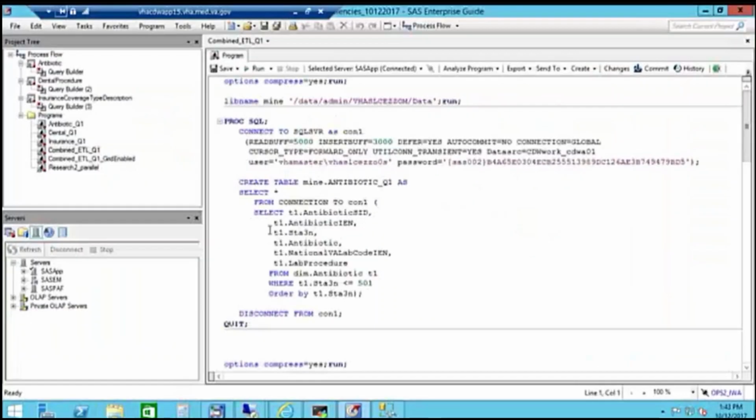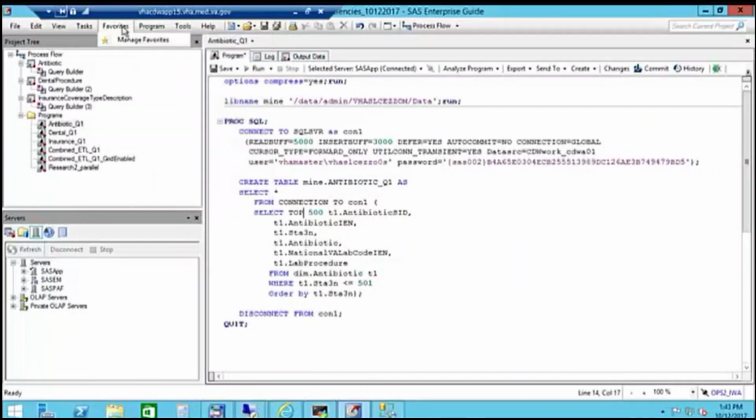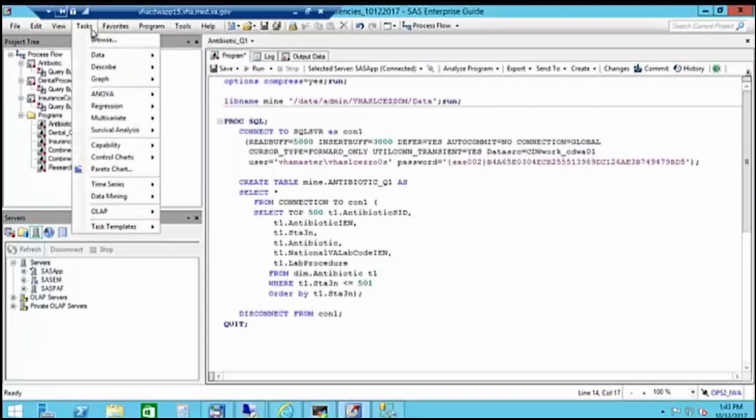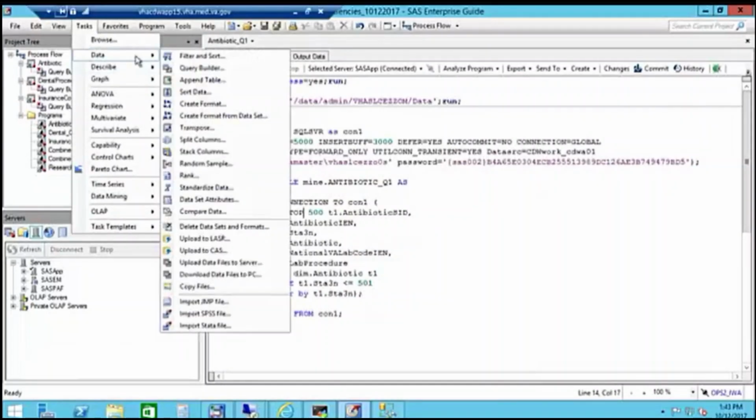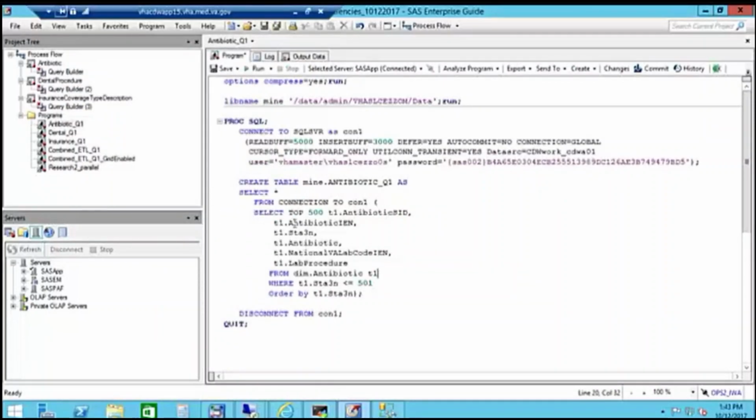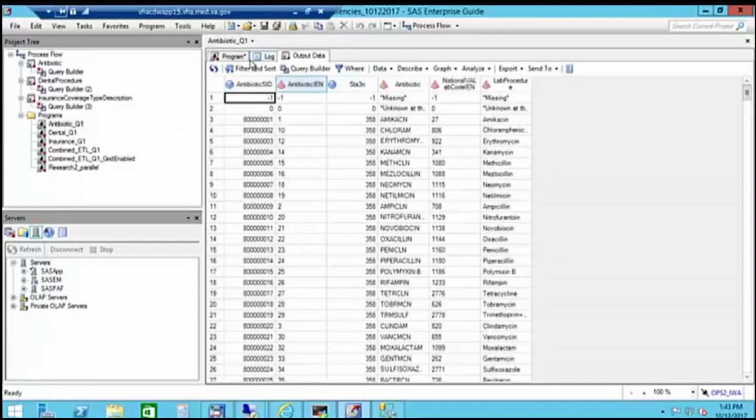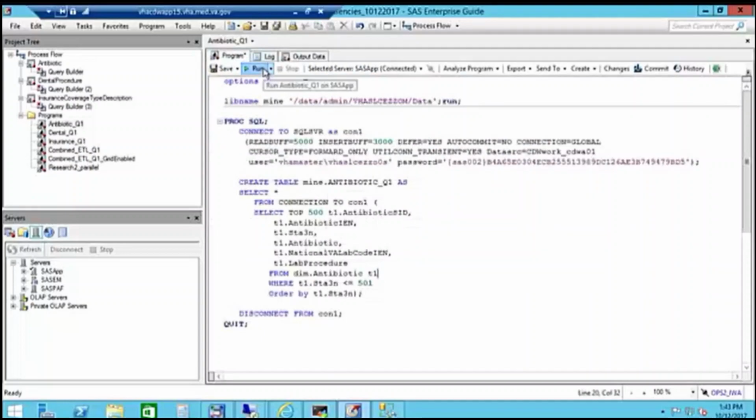I have this one here. Let's talk about this a little bit. This was a program I tested, and to test it, this is SQL pass-through, and I generated this by looking at my data and then going to task, going to Data, and Query Builder. Okay? And I built the query, and I included select top 5 100. This way I'm assured of my syntax, and what's coming back to me is what I wish to have. Now, this runs